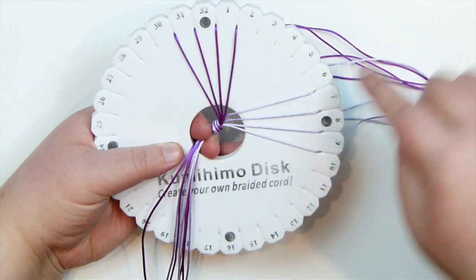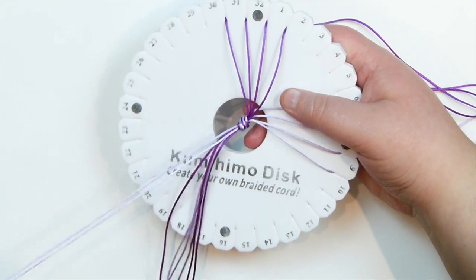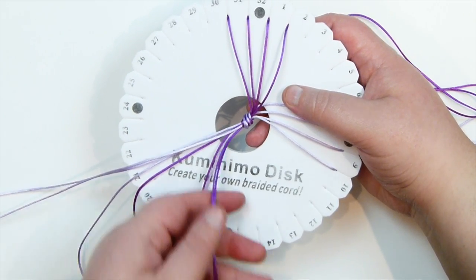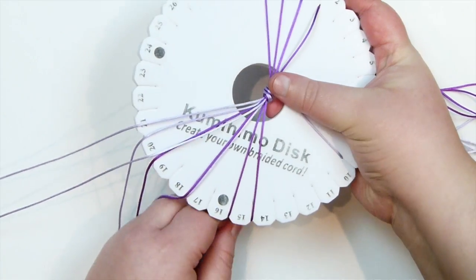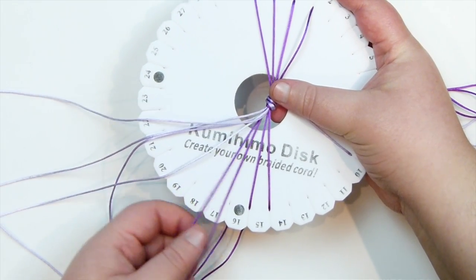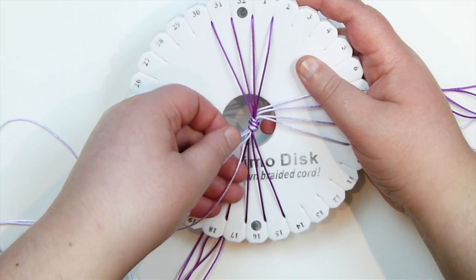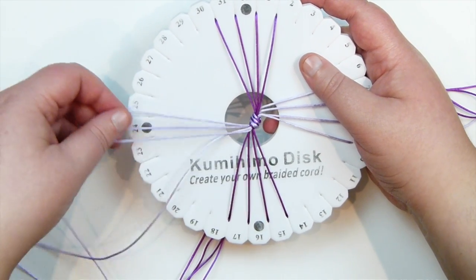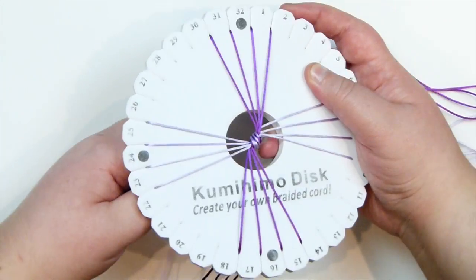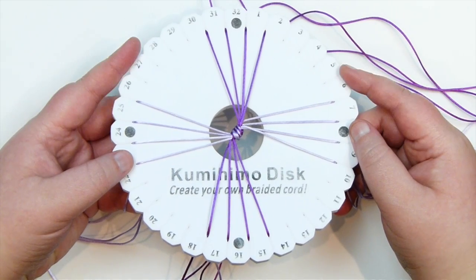cords of the different colour on the side, and then we'll want the same colour that's on the top here, around the top dot, to also go around the bottom one. So the colours are going to be right across from each other basically. And again, just place them around your dot there, just as a guideline. And the last ones up to the side, the same colour opposite each other. So just like this, and that's how we want to place the cords on either the square or the round